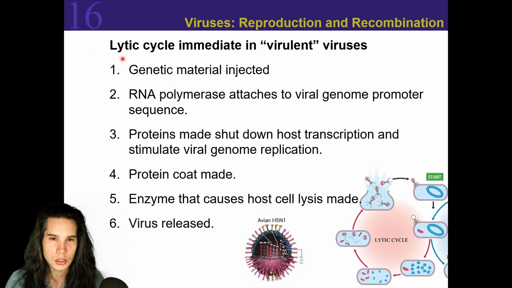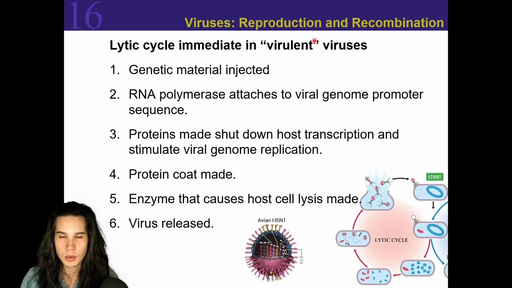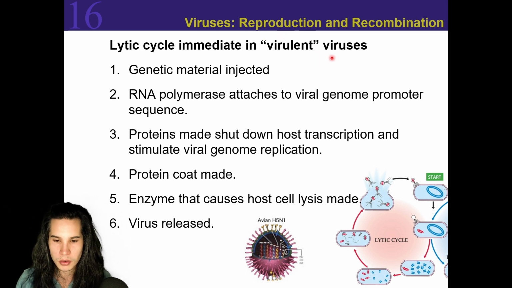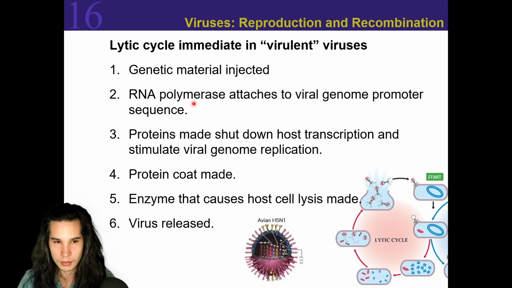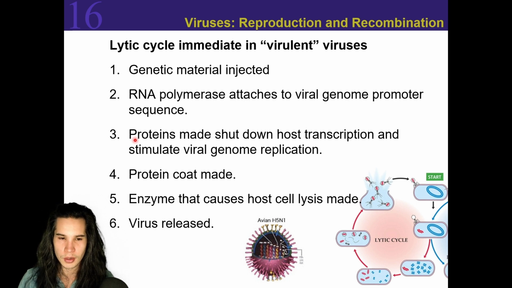So the lytic cycle is going to be immediate in what we would call virulent viruses. An example of this is avian H5N1, or bird flu. What happens is the genetic material is injected. RNA polymerase is going to attach to the viral genome promoter sequence. That's going to be the machinery involved in transcribing DNA to RNA. So RNA polymerase from the host will attach to the viral genome promoter, and it's going to code for mRNA